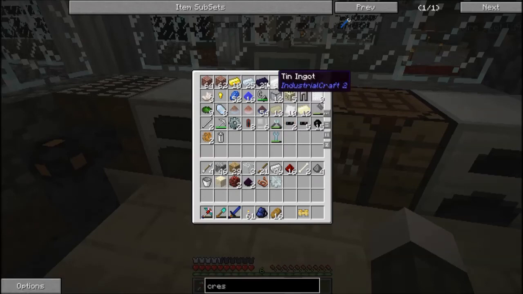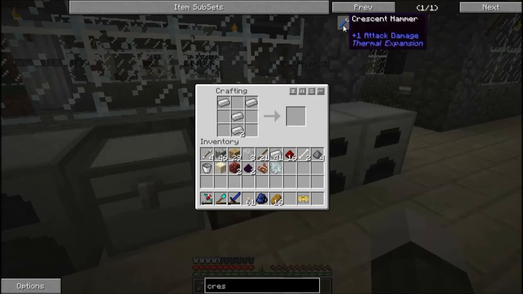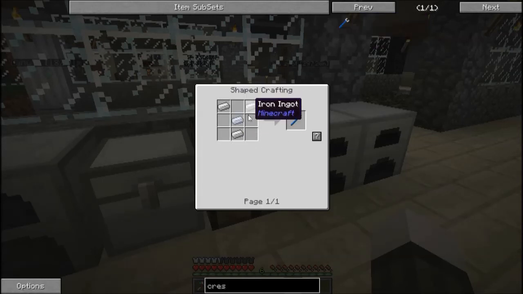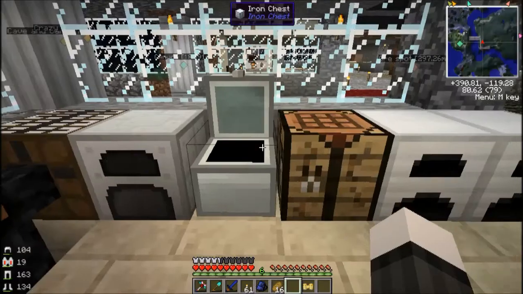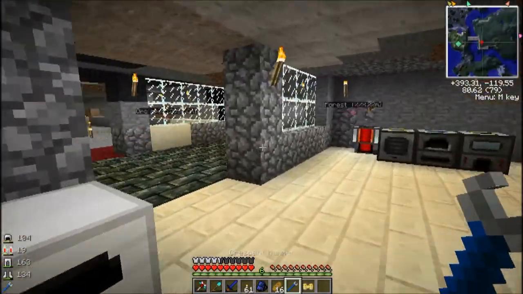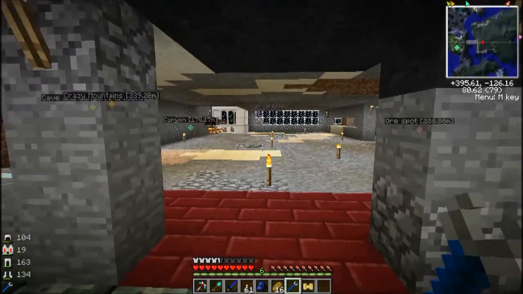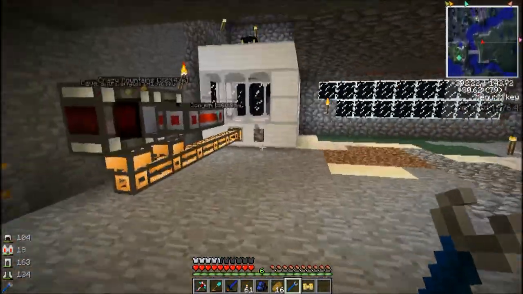I wonder if Omni Tools works yet for 1.6.4. If it does, I'm definitely going to be using it. Oh, and 110. Oops. Okay, so 110 instead. Let's go over there like that. Yeah, crescent hammer. Gotcha. Okay, so let's go back over here now. I don't even need the pneumatic servos, but...